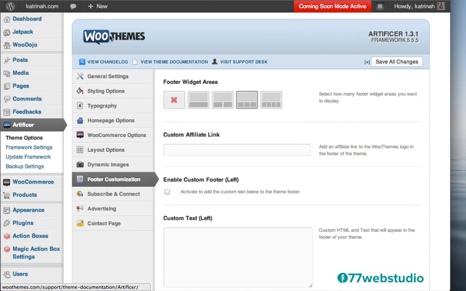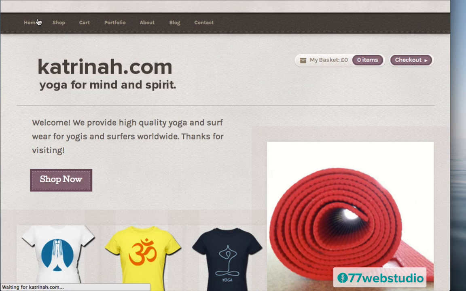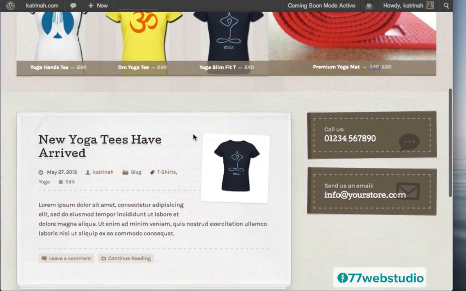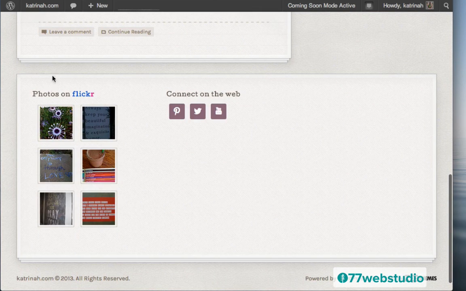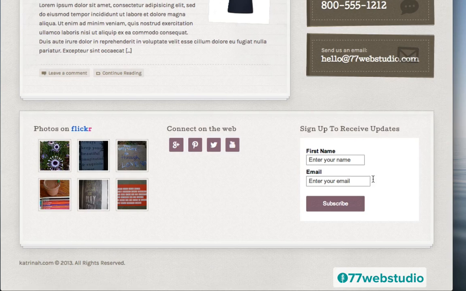So now when we check out the site by going up to the top left-hand side and clicking on Visit Site, and now when I scroll down on the home page of the website, we see here are the Flickr photos, my Simple Social Icons, and we're missing one section right over here, one widget area. So what I want to add here is a sign-up form for anyone to easily be able to sign up for my email list to get updates. And what we're going toward will look something like this.